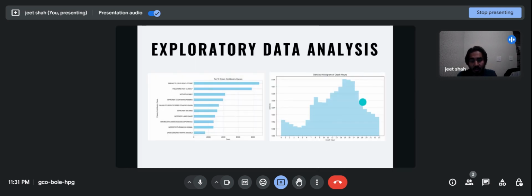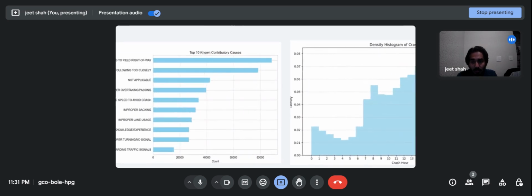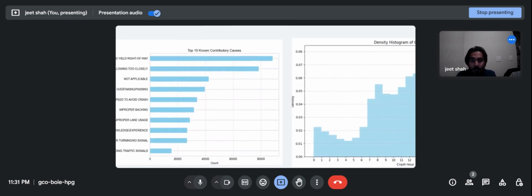The third analysis on the left side is the top 10 contributing causes which are leading to the accidents. The first one is failing to yield the right of way. Whenever a person is at a stop sign, maybe he forgets that he came later than the other person, and there is a sense of confusion about who has to go first. And in that moment, they might think that no, it's our turn, and they will just rush out and maybe